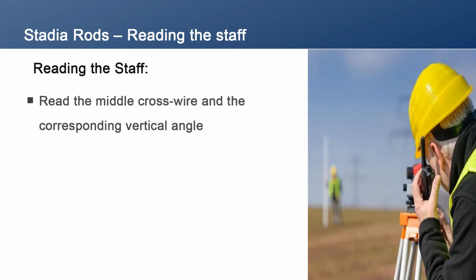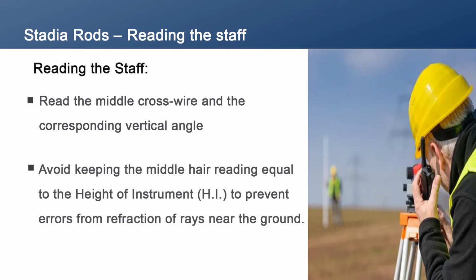Subsequently, the middle cross wire and the corresponding vertical angle are also recorded. Some surveyors adjust the middle hair reading to match the height of the instrument to simplify the calculations. However, this practice should be avoided as it introduces errors due to the refraction of rays close to the ground, leading to inaccurate observations. Now, having understood the various holdings and the procedure for determining the staff intercept, let